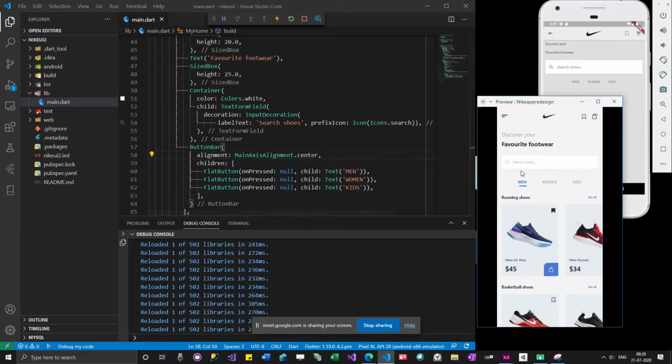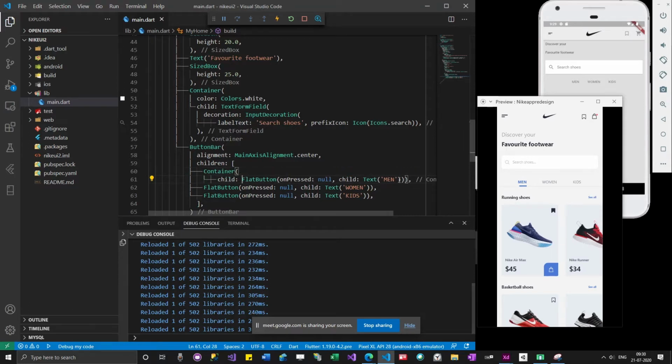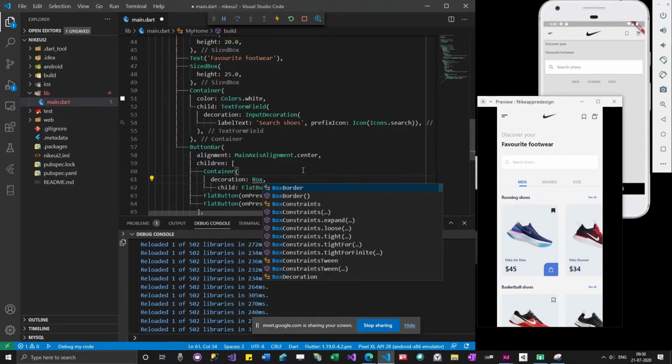Now I have to give some underline to this text. For that I'm going to wrap this inside a container, and then add a decoration. We can pass box decoration.